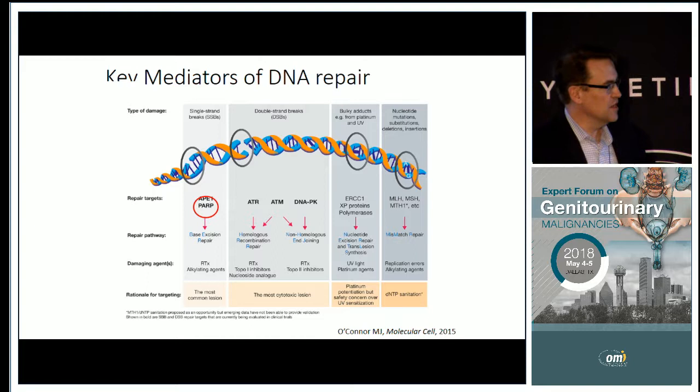PARP is actually involved in single-strand break repair, which is different, for example, from what ATM and DNA-PK do, which is double-strand non-homologous end-joining repair. So this slide is highly theoretical, linking the different types of DNA damage to different mechanisms of DNA repair to different damaging agents. And so really what we're thinking about here is inhibiting the DNA repair process in this sort of synthetic lethality idea,